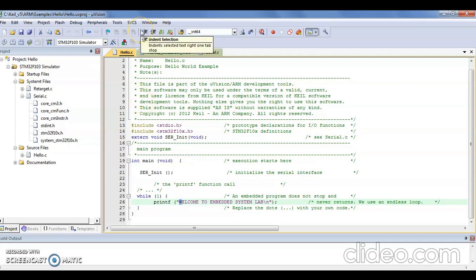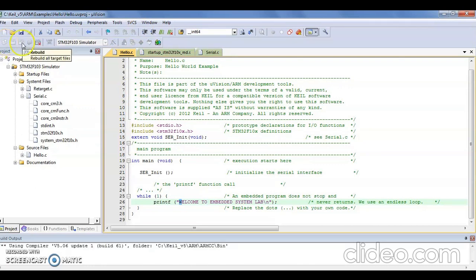Coming to the running of the program, first let us click on translate. With 0 errors, now let me build the program. Whatever errors or warnings there are will be visible in your build window. Assembling and compiling has started, and finally I can see the message with 0 errors.